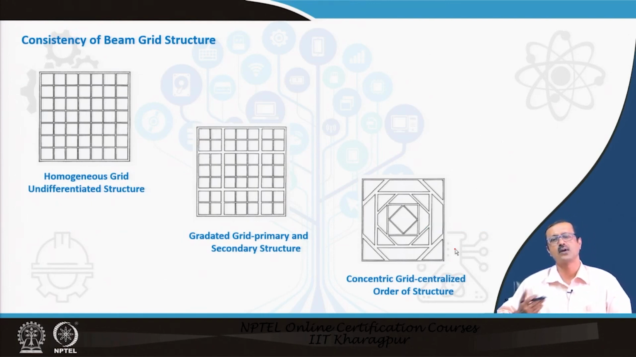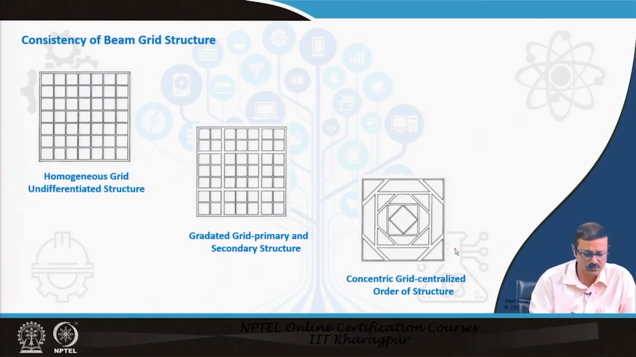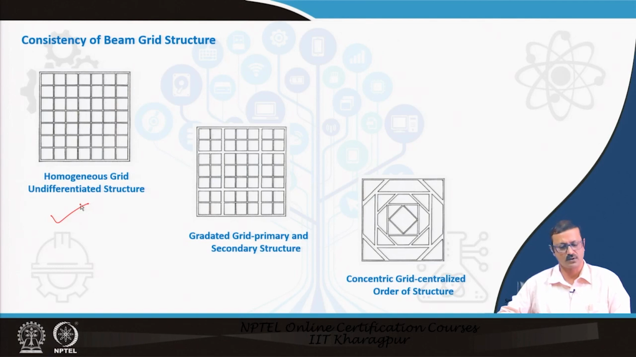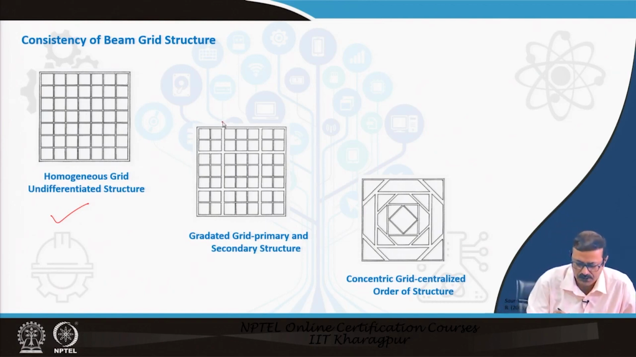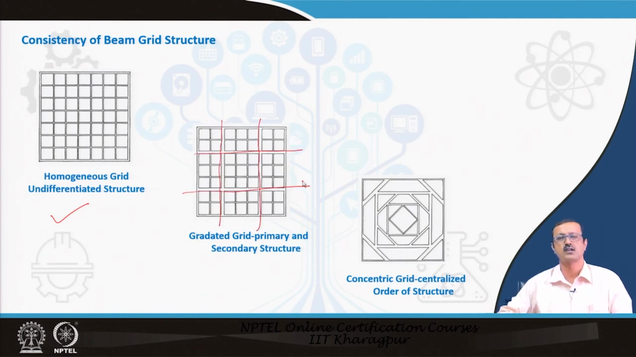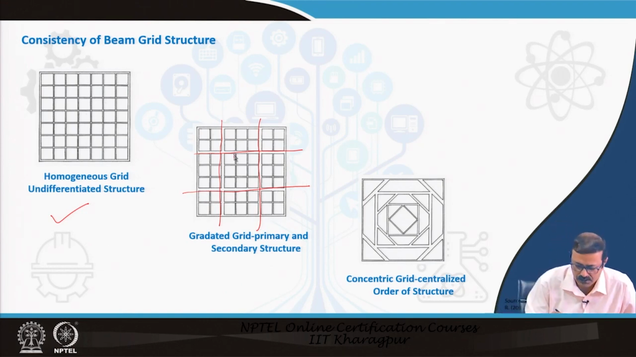Consistency of the grid is something like this: if we go one degree further in thinking about how the rib dimensions will be. The first is a homogeneous grid, where the rib dimensions and spacings are all equal, with absolutely no change. But there is also a graded grid, with a primary grid and a secondary grid. If you see in this picture, the lines which I am going to mark are the primary locations of the grid, and those are further subdivided into smaller grids